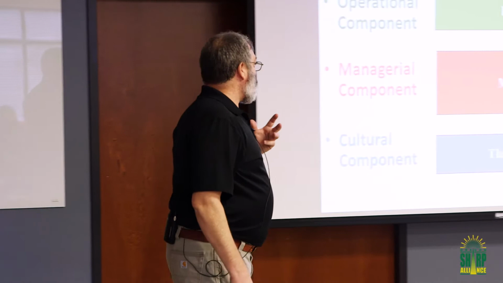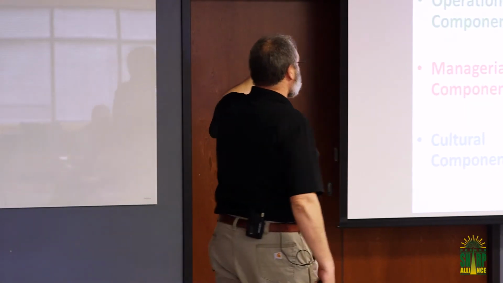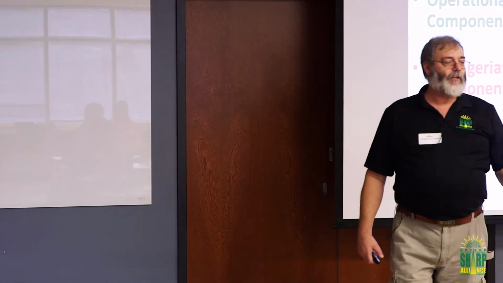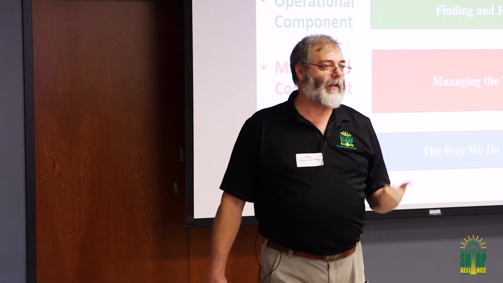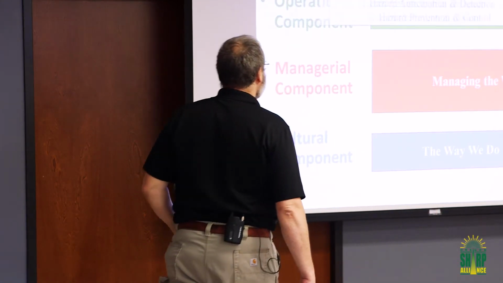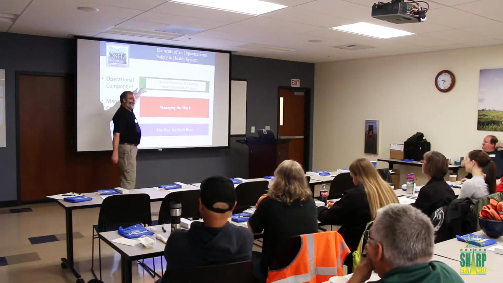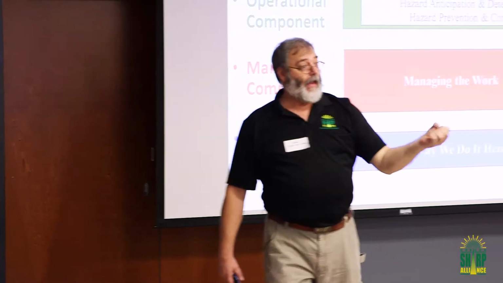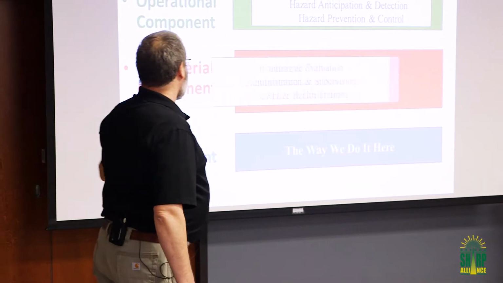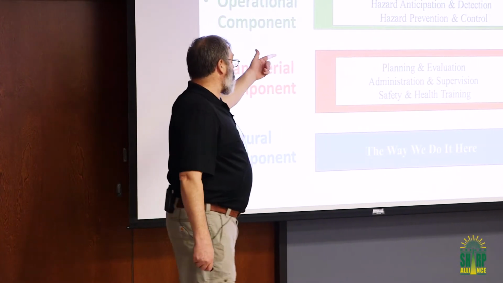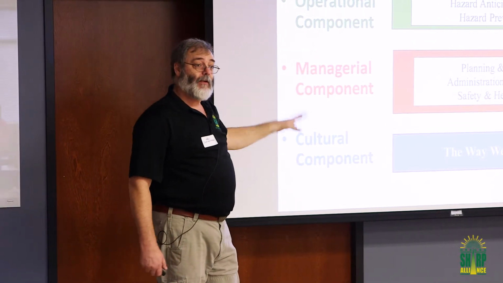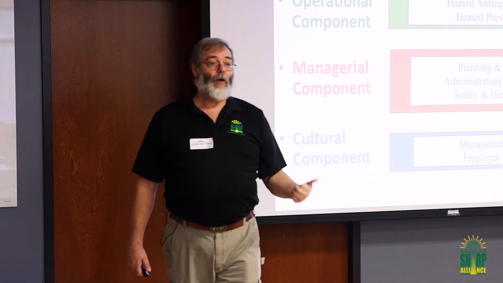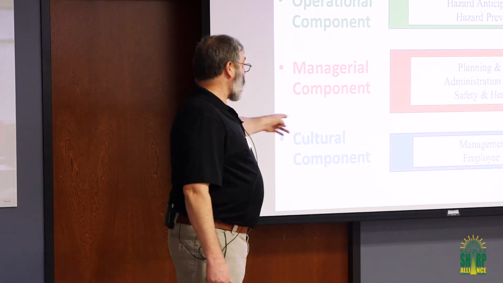So we look at those 3 operational pieces, again, finding and fixing hazards, managing the work and the way we do it, and we think back to those 7 elements that we talked about. Well, how did they fit into that? Well, if you look at finding and fixing, that's really about anticipating and detecting hazards and about fixing hazards, okay? And now analyzing it and fixing the hazard. The managing piece is about planning, evaluation, administration, supervision, training, making sure everybody knows how we're trying to get it done. And the final piece, the cultural piece, how we actually do it, is our management leadership piece and our